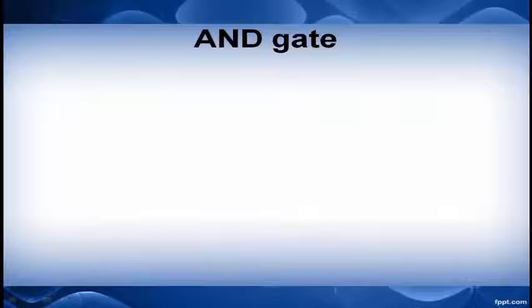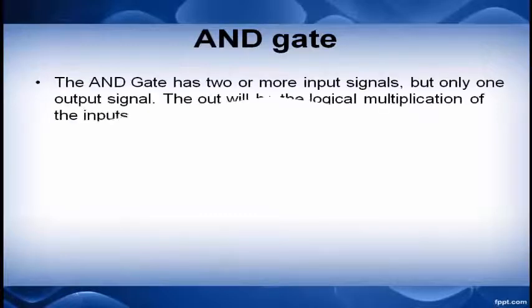Now I would like to explain the third logic gate, that is the AND gate, in detail. The AND gate can have 2 or more than 2 input signals and produces an output signal. When all the inputs are 1 or high, only then the output is 1, otherwise the output is 0. If any one or all the inputs is 0, the output is 0. To obtain output as 1, all the inputs must be 1. By seeing this, we can define the AND gate.